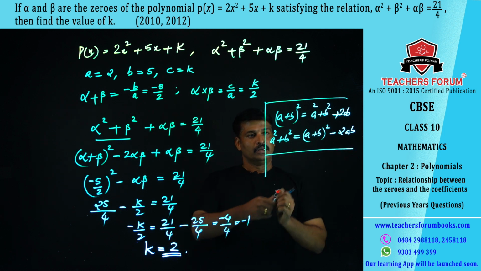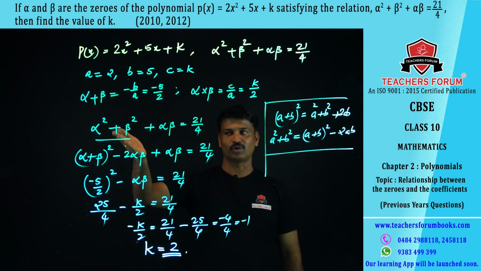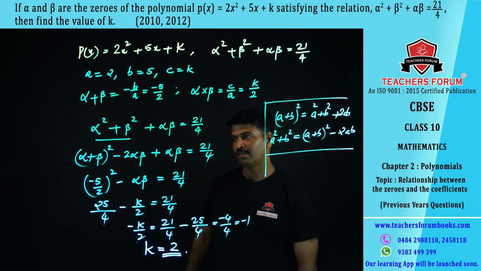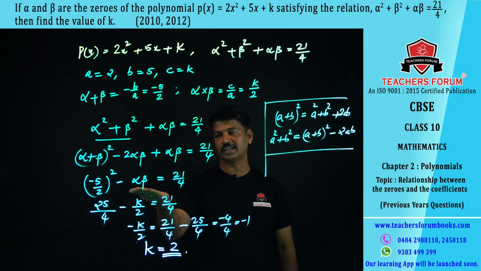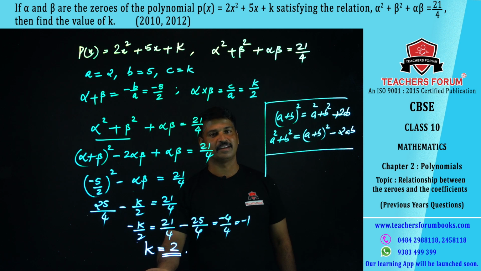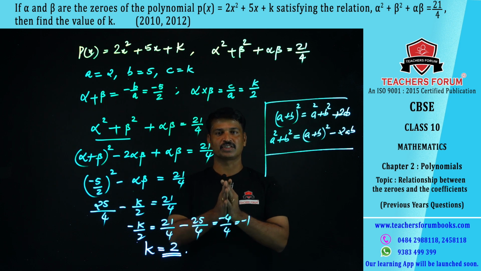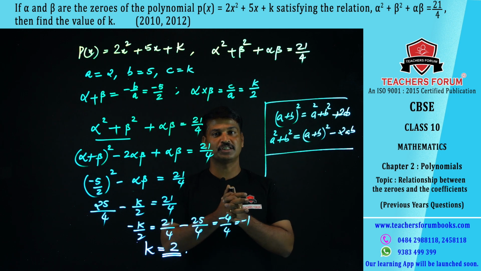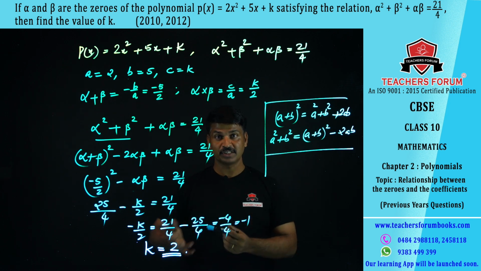It is very important. Now when you apply the same in the problem, you can find alpha square plus beta square, that is alpha plus beta the whole square minus 2 alpha beta, then plus alpha beta is equal to 21 by 4. When you substitute alpha plus beta, you will get 25 by 4. When you solve these two terms, you will get minus alpha beta. Substitute, and you can find the value of k. I think it is clear to you. Okay. So in this topic, we discussed the zeros of a polynomial and the relationship between the zeros and the coefficients. And we have done a few problems asked in previous years from this topic.